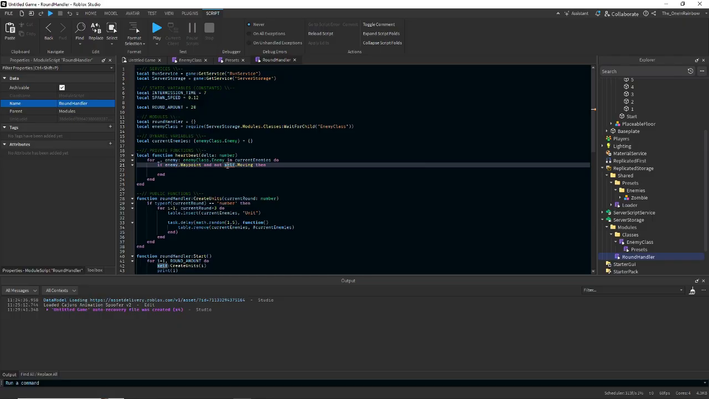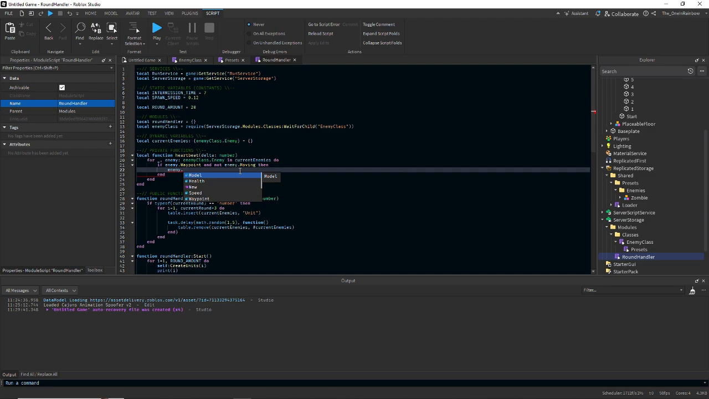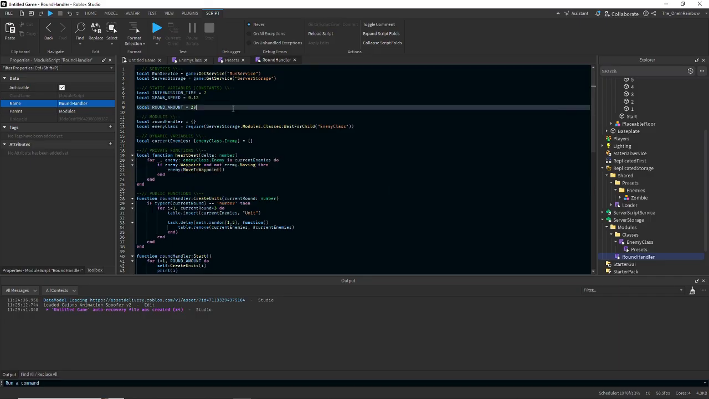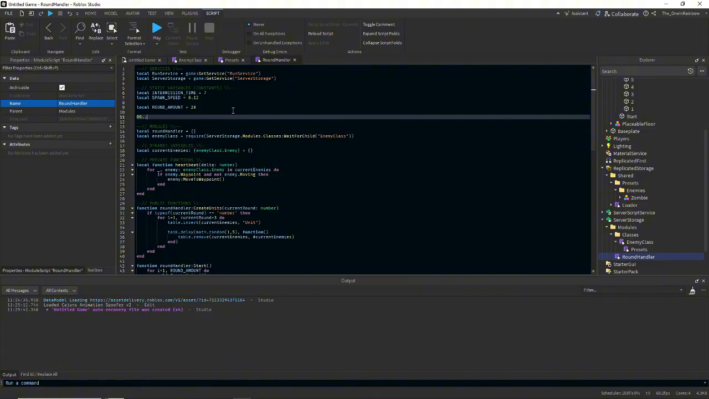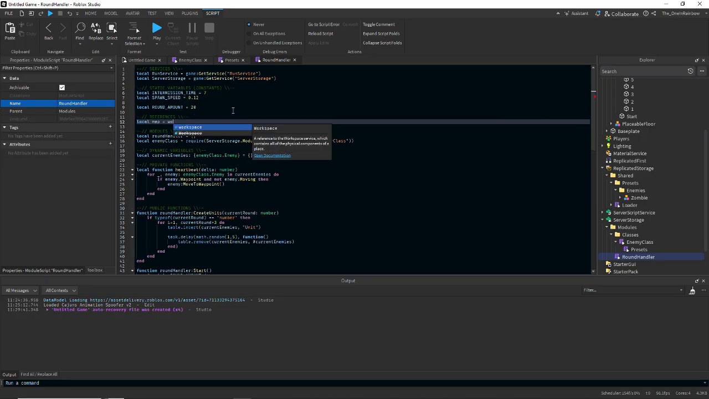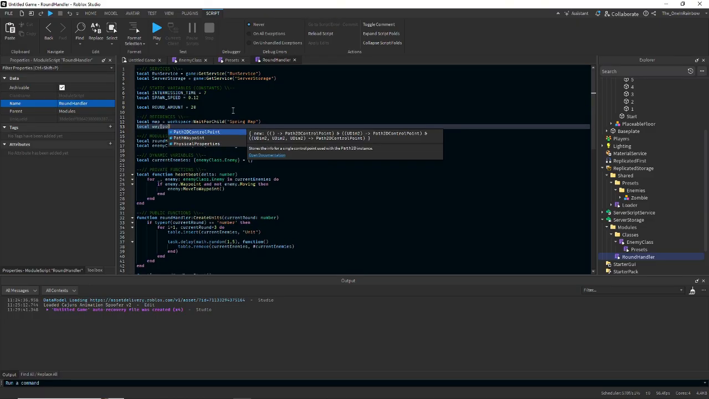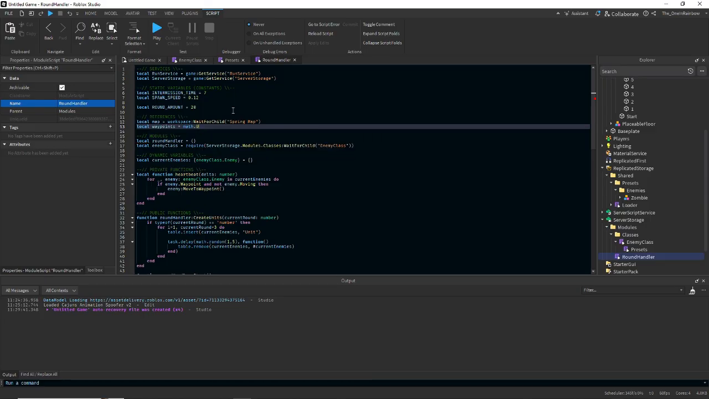Oh, my bad. Enemy colon move to waypoint, and we're going to need to reference the map right here. So we're going to go here, references, local map equals workspace colon wave child spring map, local waypoints equals map dot utilities dot waypoints,